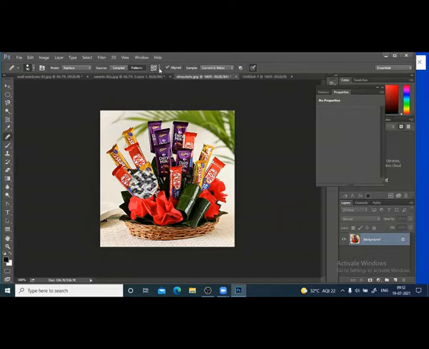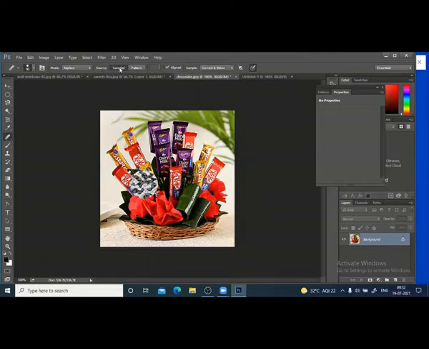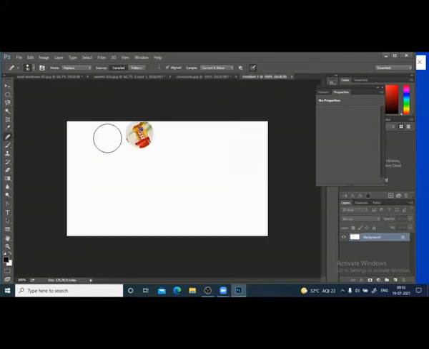I have to remove the pattern from here. I remove this pattern and go to sample. Then only this will work. Alt. See, but nothing is selected. I select one of the points here. Click. You are ready to copy. You go to your blank layer and you start painting it.